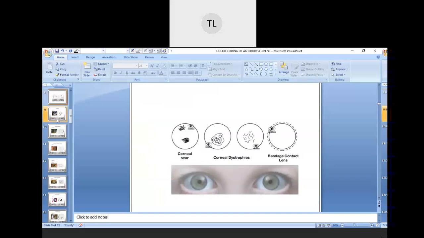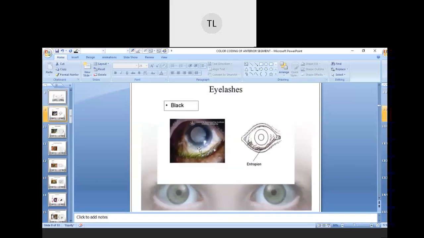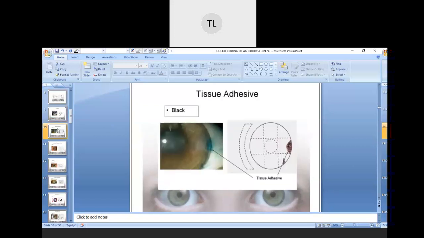The next one we have is eyelashes. In the figure, we can see the eyelashes that are going inward, right? This is a sign of entropion. For entropion also, we need to draw it with the black color. This is how we are going to draw it when we draw it on paper. Next we have